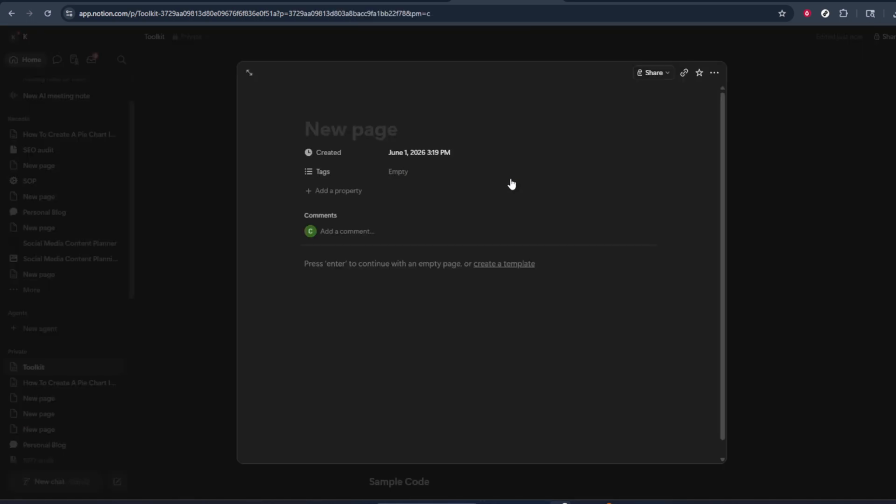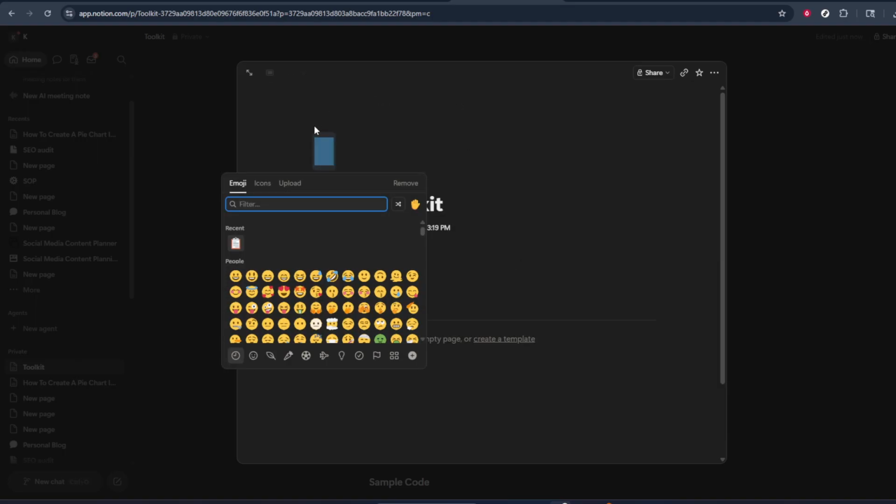Once your gallery has been established, it's time to start populating it with content. You'll need to click on plus new page within the gallery, which will open a fresh page specifically designed to house individual entries. In this example, we're going to be creating a toolkit to organize various codes. Although I'm focusing on codes in this demonstration, you can adapt these instructions for organizing any kind of digital or